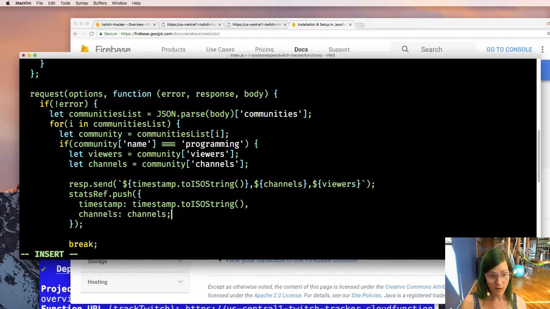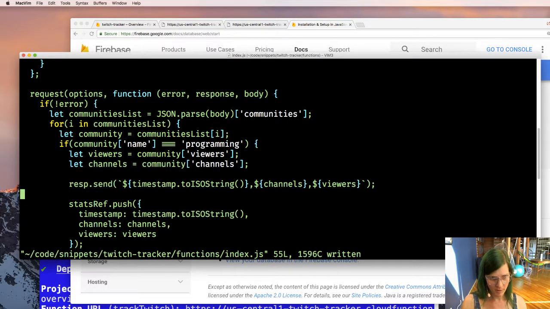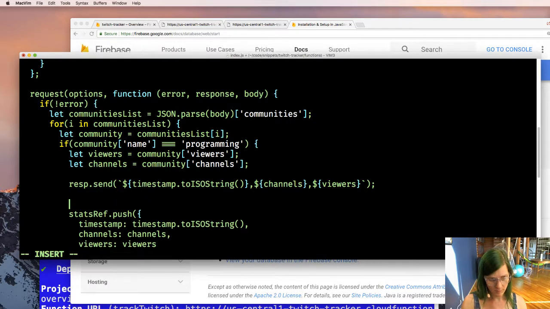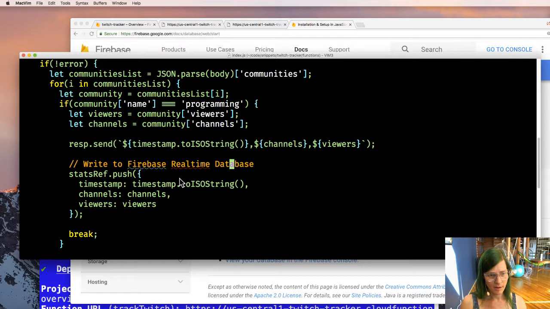So we're converting it over to a hierarchical view. Actually, that doesn't cause any problems. Write to Firebase Realtime database. And the spell checker does not like the way Firebase people spell real time. But that's okay.